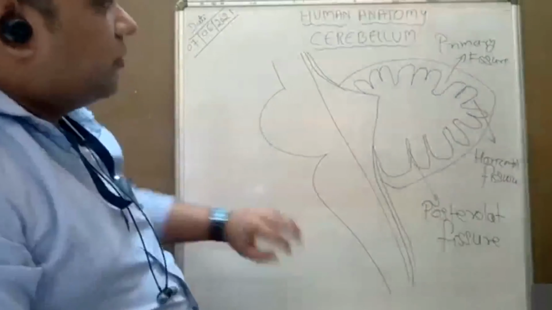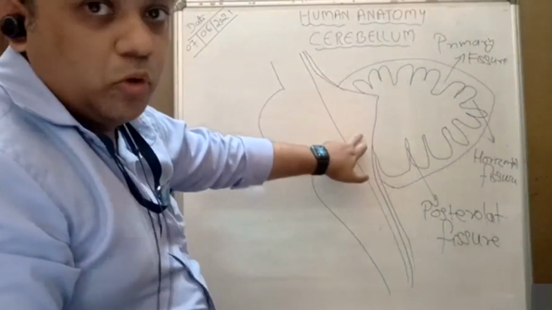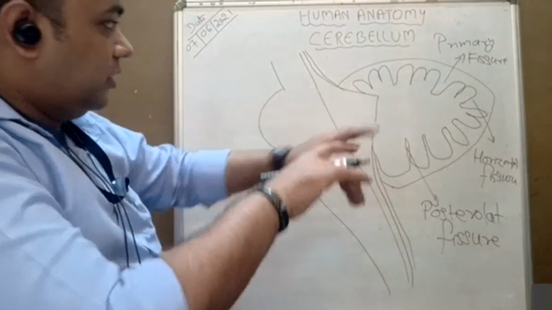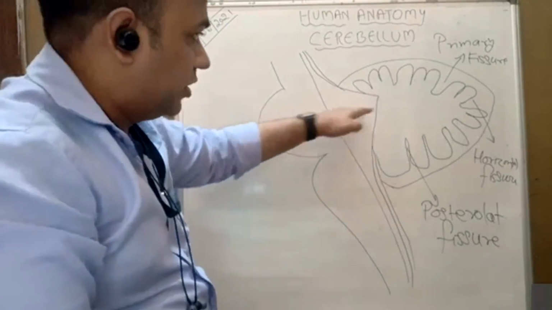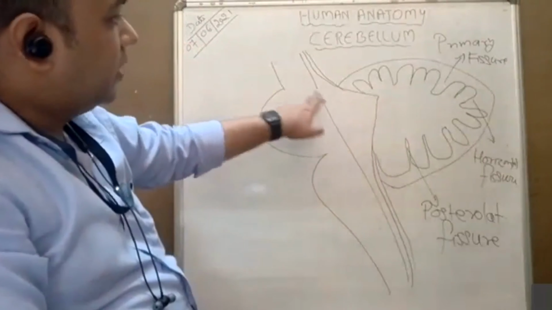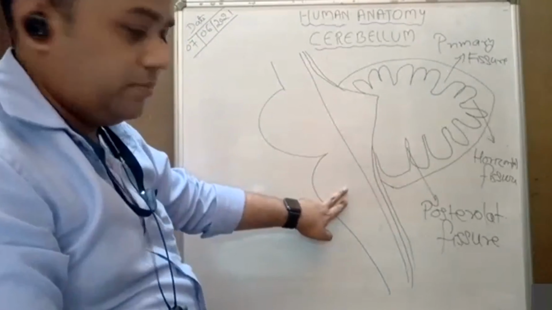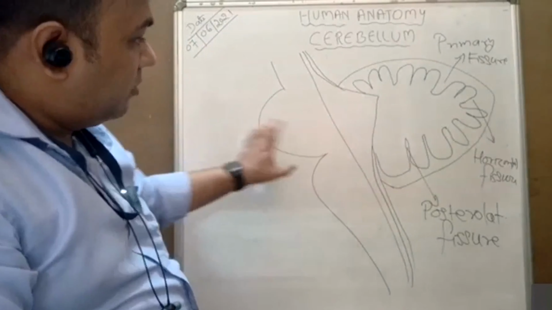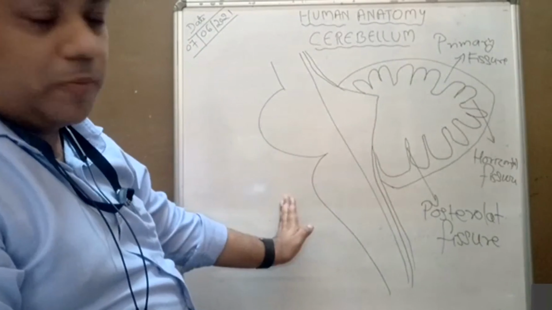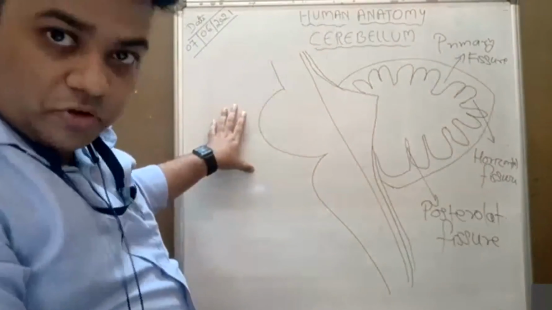Got it? Now we'll see first here the relation. It is for relation only. So anterior to that, there is the fourth ventricle. It is forming the roof of the fourth ventricle. It is on the slit-like posterior extension of the fourth ventricle inside the anterior notch of the cerebellum. Okay, and most anterior are the pons and the medulla oblongata. Got it? The upper part of the medulla oblongata, and here it will be the anterior wall of the posterior cranial fossa. Means the whole structure is present in the posterior cranial fossa. Got my point?